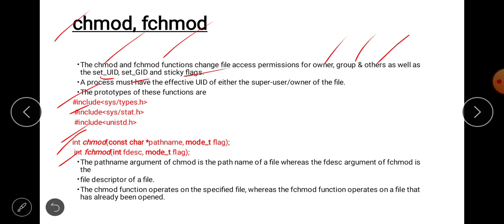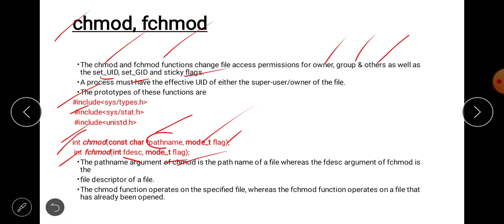These two are the prototypes. In chmod there are two arguments: one is const char *pathname and mode_t flag. fchmod also has two arguments: one is the file descriptor, that is the first one, next one is the flag. The pathname argument of chmod is the path name of the file, whereas the file descriptor argument of fchmod is the file descriptor of the file.